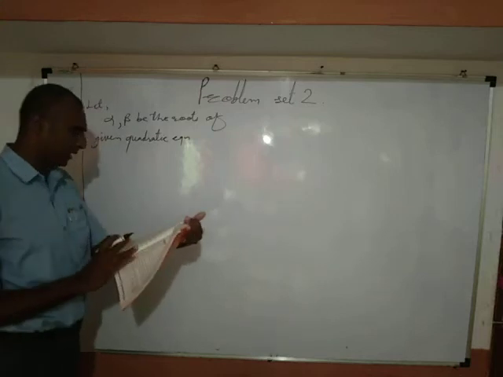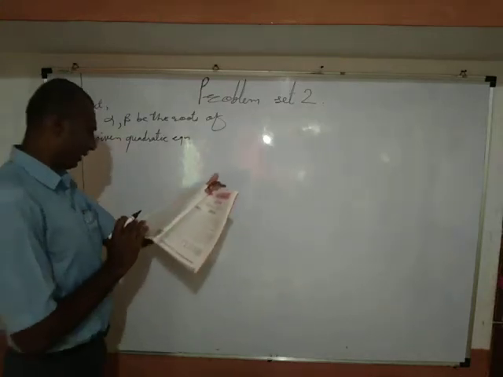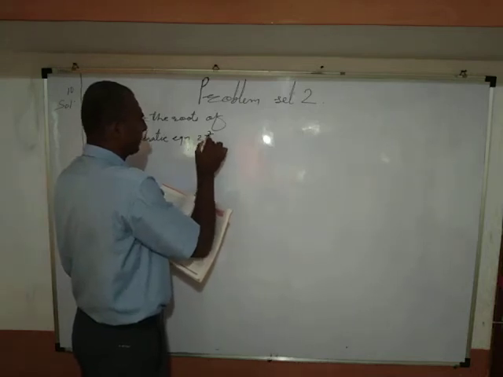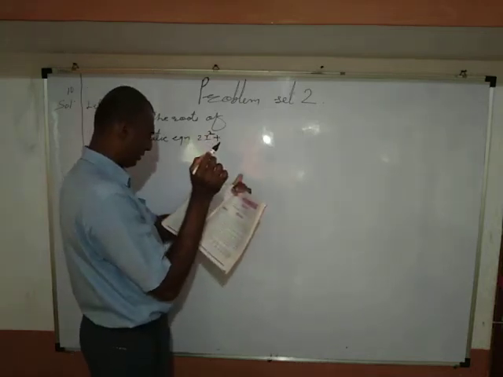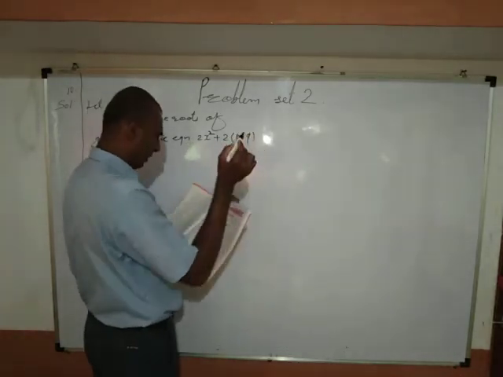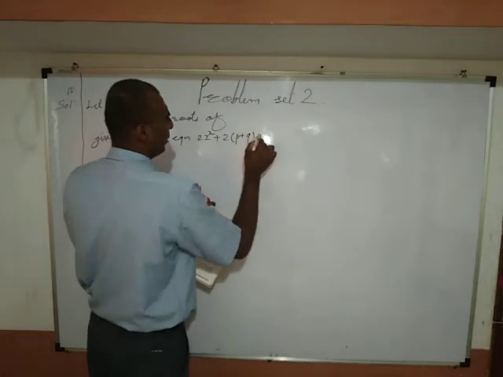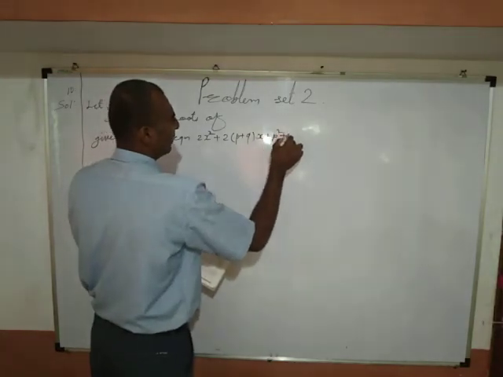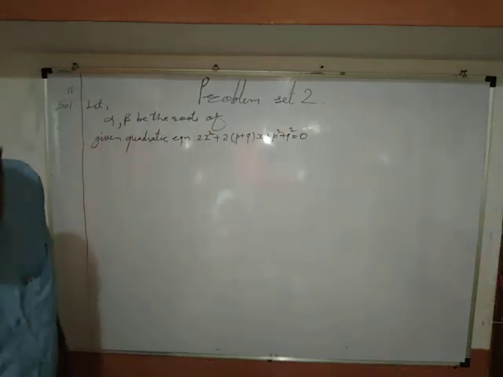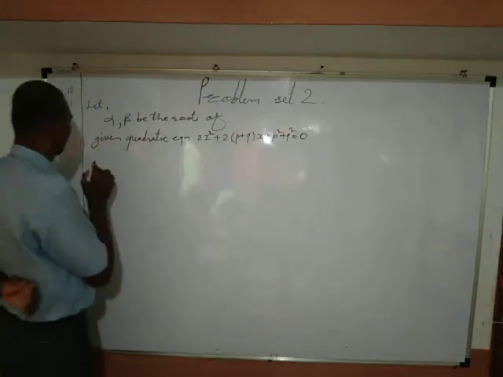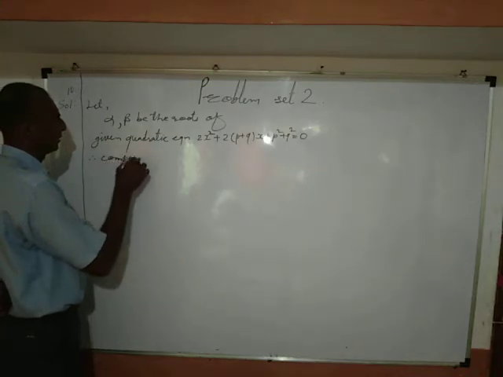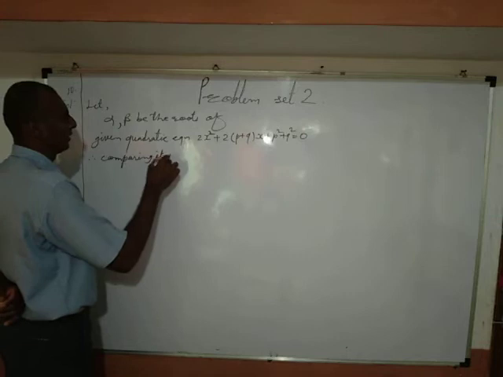And that given quadratic equation is 2x square plus 2(p plus q) into x plus p square plus q square equal to 0. Okay, and therefore comparing it with